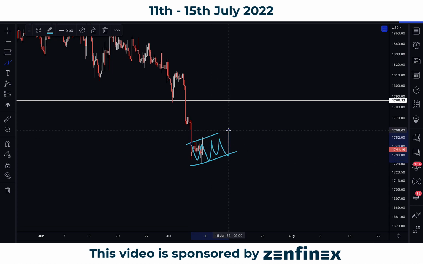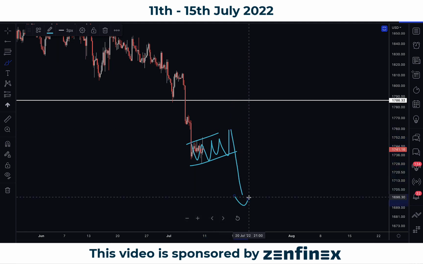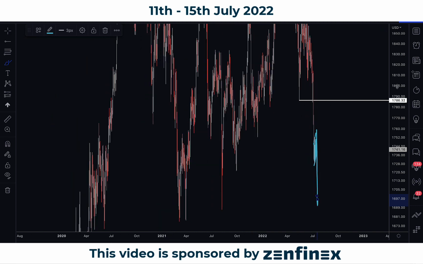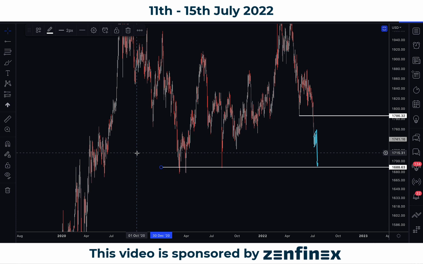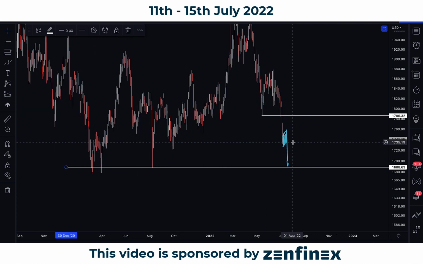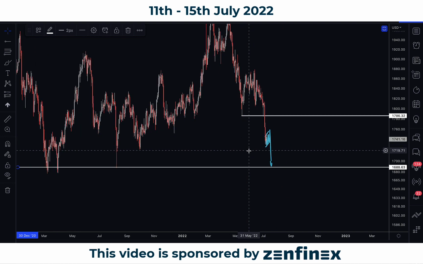So give it perhaps 2 to 3 days into the week. If you see this really developing and forming into a flat and correction pattern, the possibility for more downside is very high. Okay, so for gold over here, if I were to zoom out all the way to the daily, the next support level would fall somewhere around 1688. That can be your primary target for a potential sell trade on gold going into this week here as well.